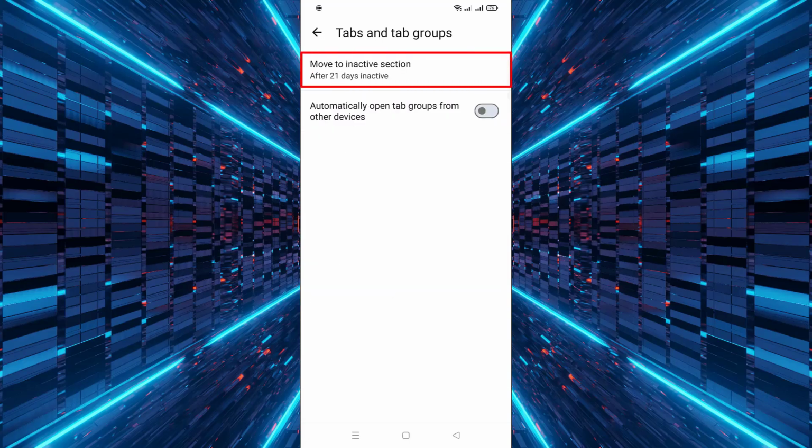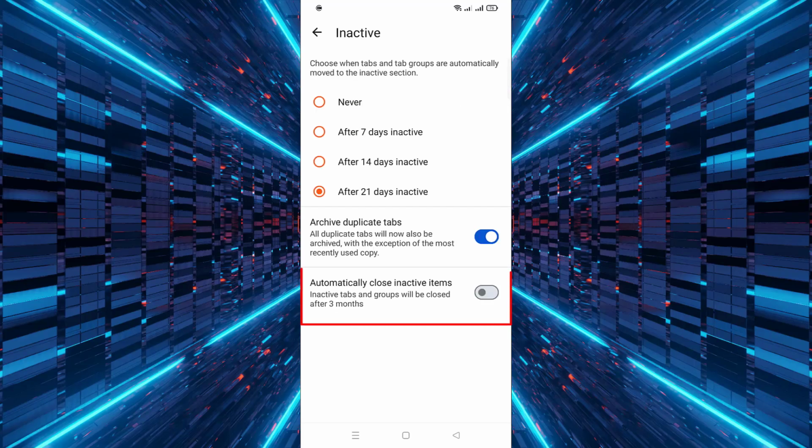Next, look for the option labeled Move to Inactive section and tap on it. Then, turn on the setting that says Automatically Close Inactive Items. This will allow Carbon Browser to monitor your open tabs and automatically close those that have been inactive for a